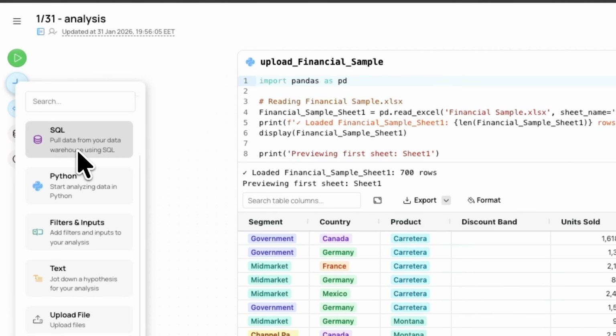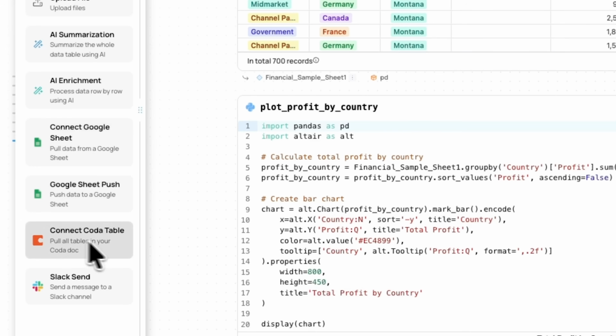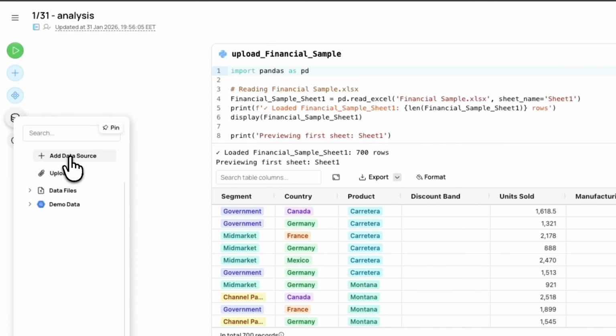Guys, add things like SQL queries, filters, and custom inputs. You can also include text blocks and connect tools such as Google Sheets, Coda, or Slack. All of this makes it easy to build complete end-to-end reports around your information. You can plug in almost any source, whether it's your website database or your CRM, and work with it directly